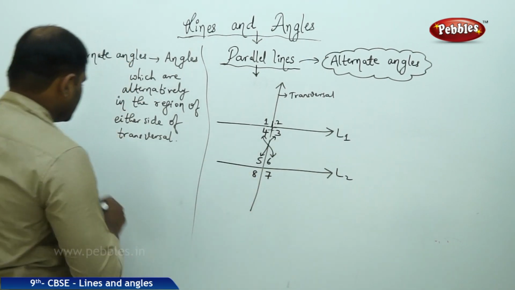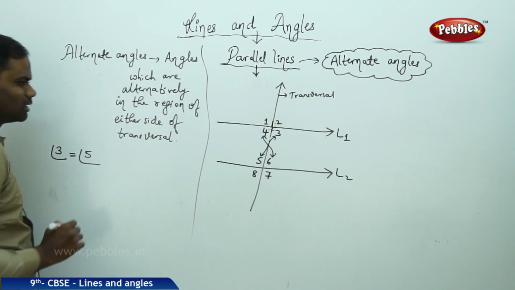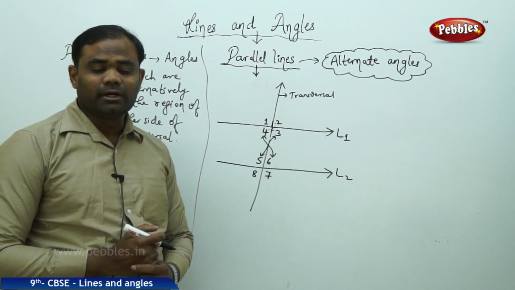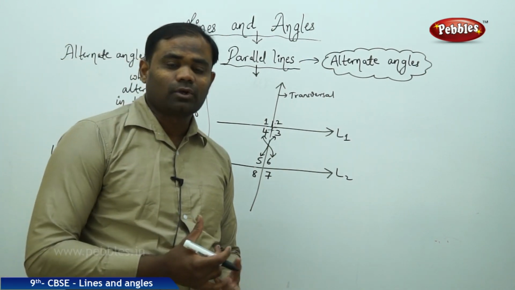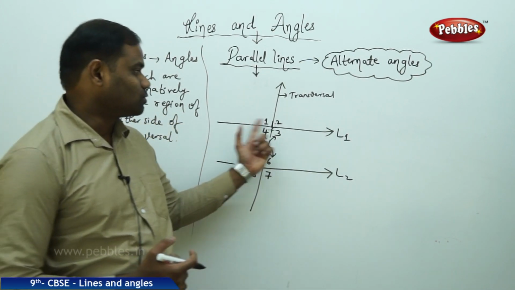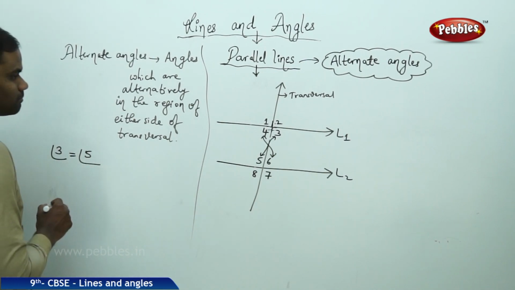So this angle 3 and angle 5 are alternate angles, and therefore they are equal in parallel lines. The parallel line property says that alternate angles are always equal in case of two lines L1 and L2 being parallel. Therefore, angle 3 is equal to angle 5,